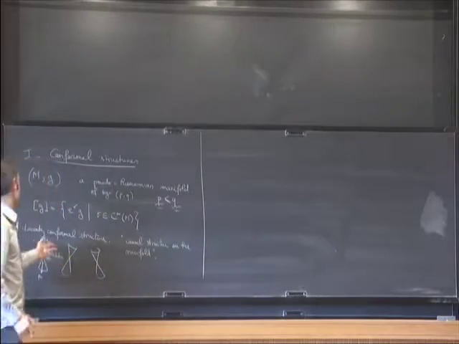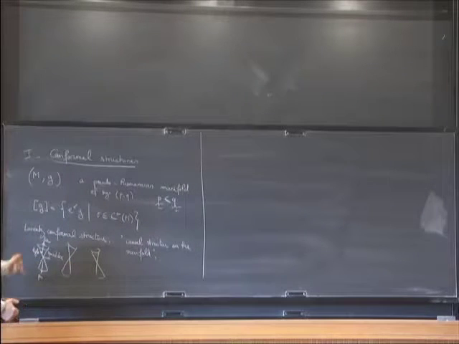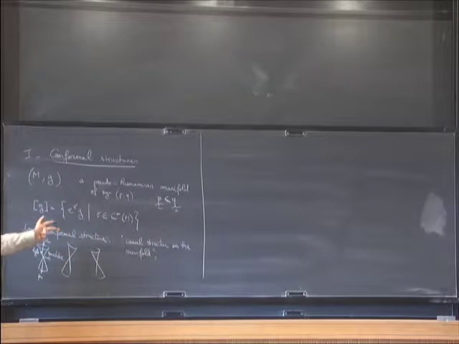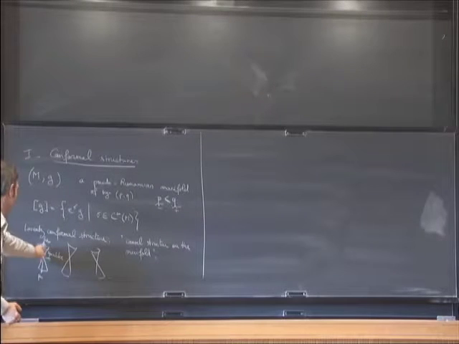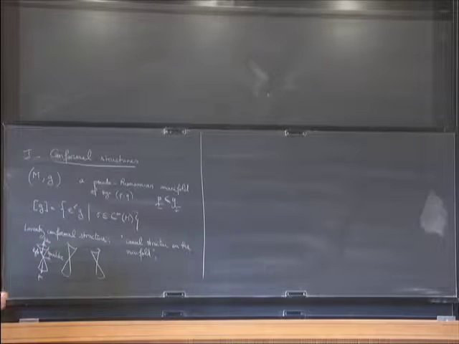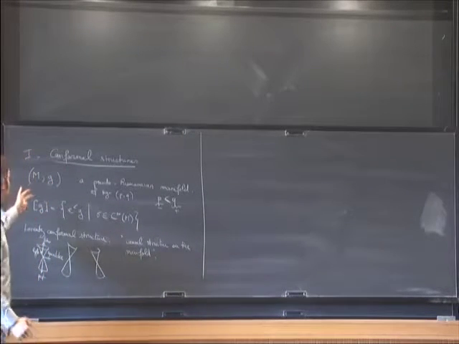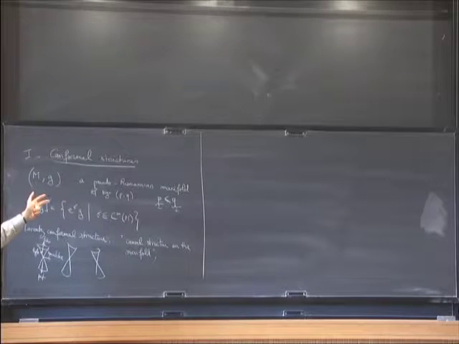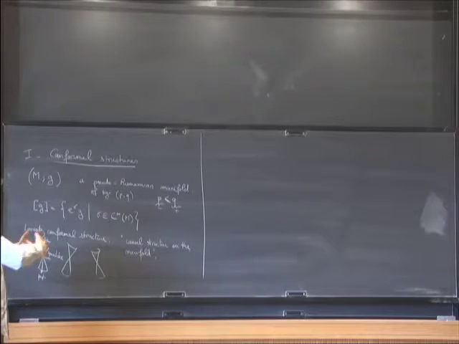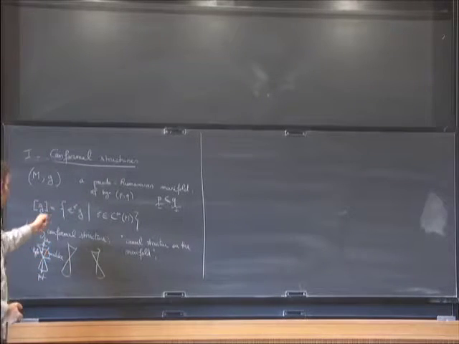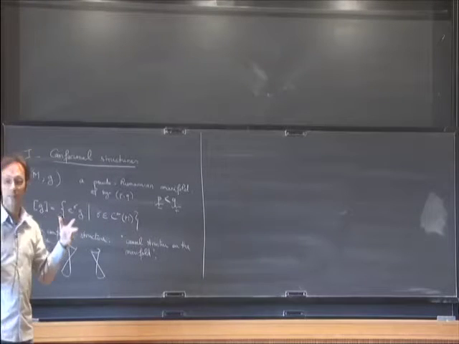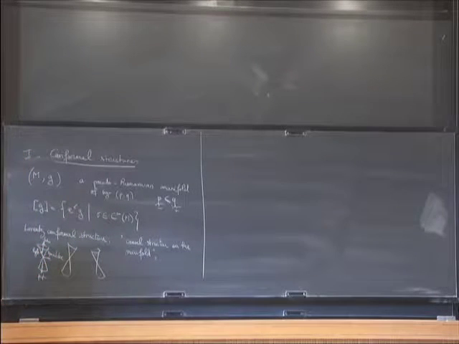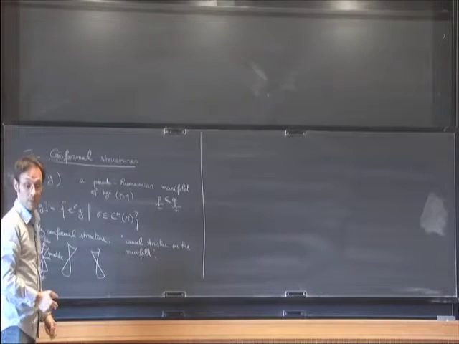For higher signatures, you can say that it's just a distribution of isotropic cones, but you won't have the notion of future and past. Those structures appear naturally at infinity of pseudo-Riemannian metrics. What you do generally is you have a non-compact pseudo-Riemannian manifold, and you try to rescale the metric to make it compact. For instance, that's what we do with hyperbolic space. And what you get at infinity is a conformal structure.